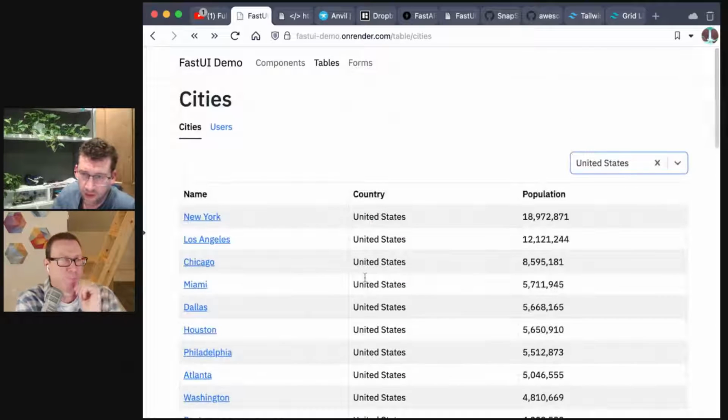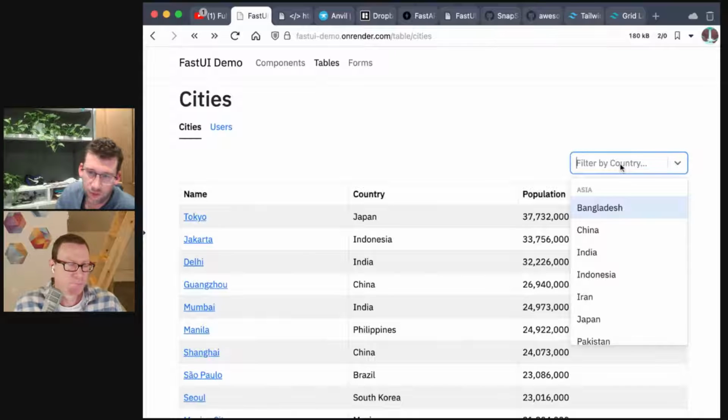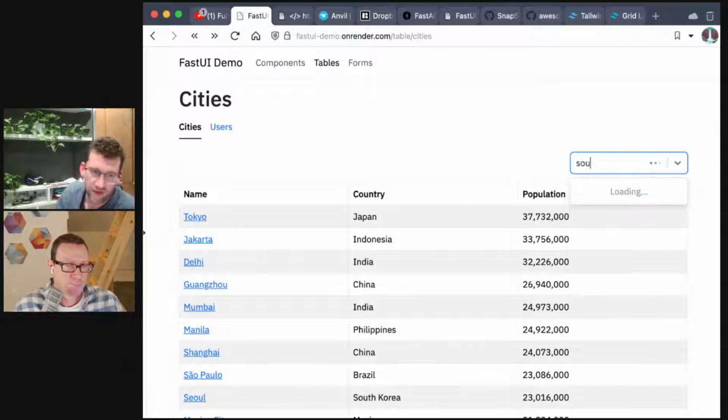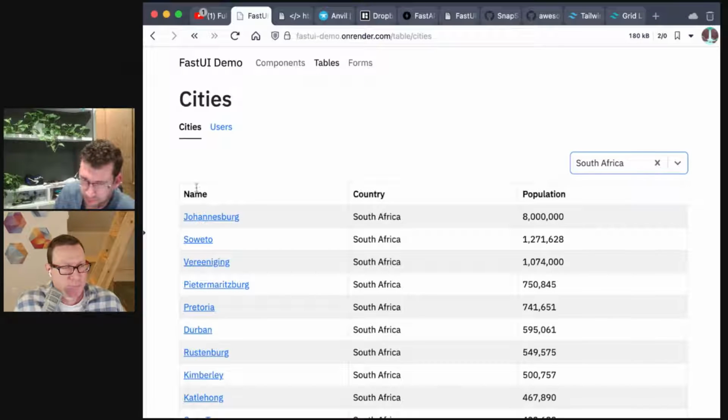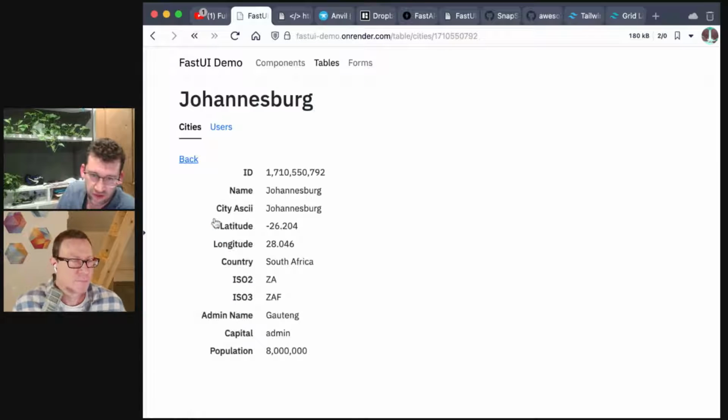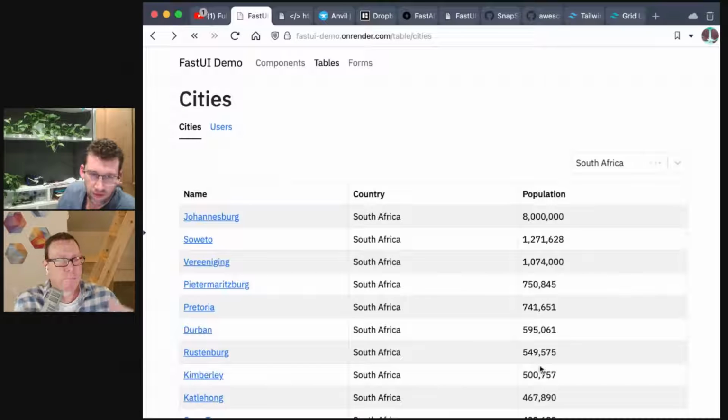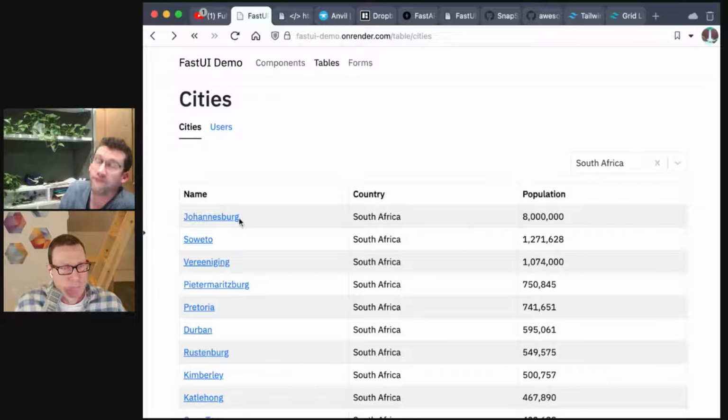Building this and wiring it all up, we use React Select here, but you can use Select 2 or one of those components. It's not trivial. You need to also set up the back end. There's a few hundred lines of React dedicated just to setting up those selects correctly. And as you'll see in a minute on a form, you can add this to a form with FastUI pretty trivially.